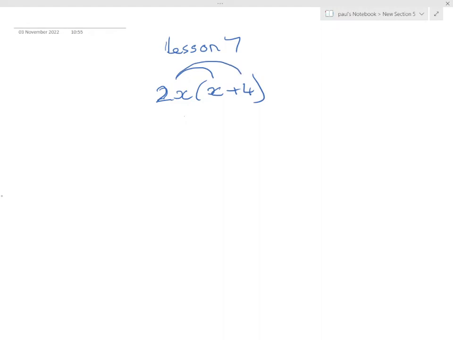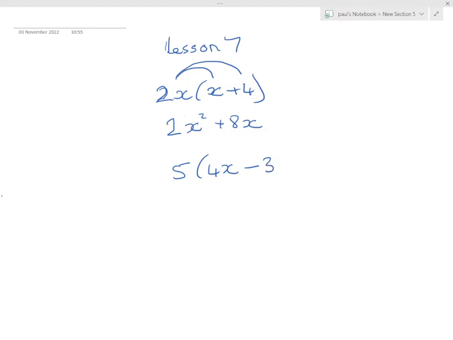So we've got 2x times x and then 2x times 4 with a plus sign in the middle. So 2x times x is 2 and x times x is x squared. And 2x times 4 will be 2 times 4 is 8, and don't forget the x on the end. So another one was